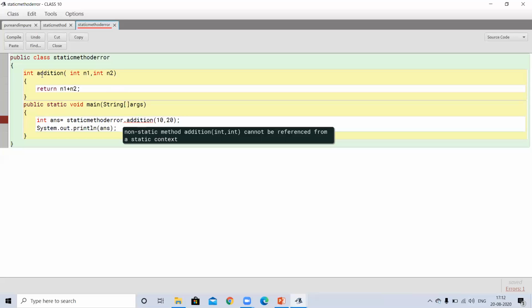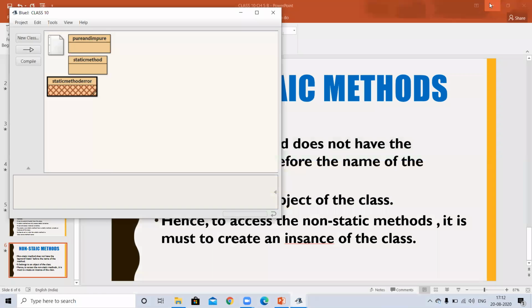To access a non-static method, you have to create an object. Without creating an object, you cannot access any non-static method. That's why it gives the error, non-static method cannot be referenced from a static context. Okay, got it? So this is the difference between static and non-static method.